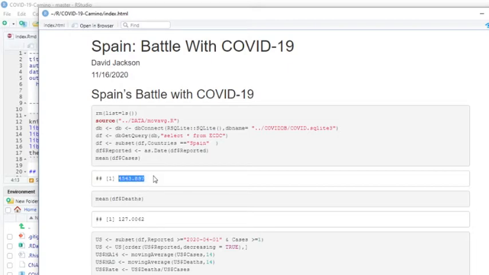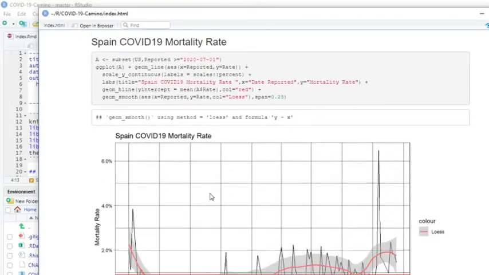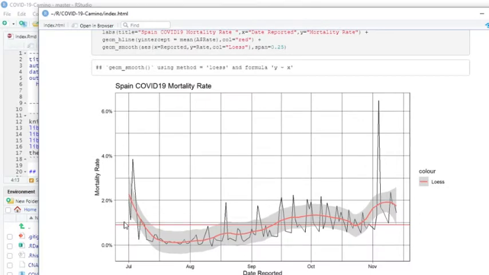Four thousand five hundred forty-three cases in Spain today, 127 deaths. We take a look at the mortality rate. Mortality rate is under 1%, but you can see the trouble is, as opposed to the U.S. number, their numbers are above. Now, it should be noted that